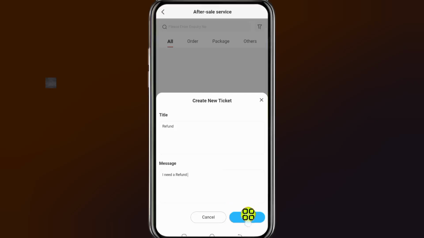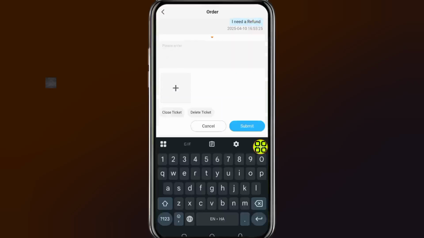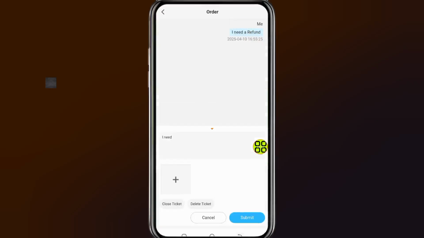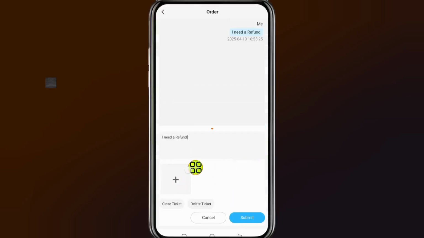If you tap on this submit button, from there CNFans will contact you with a possible method on why you need the refund. As you can see, it will take you to this option, I need a refund. Here you can type in the message again, I need a refund. After you type that, in this option they will ask you if you have the